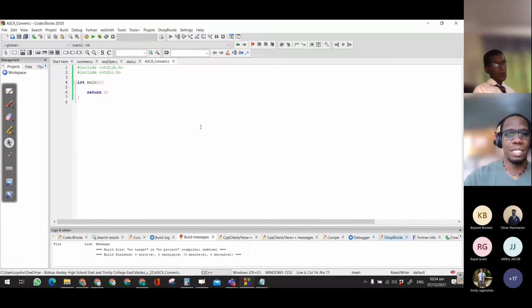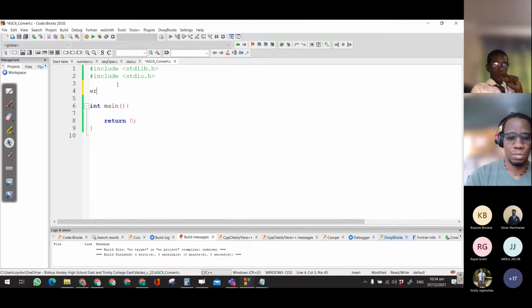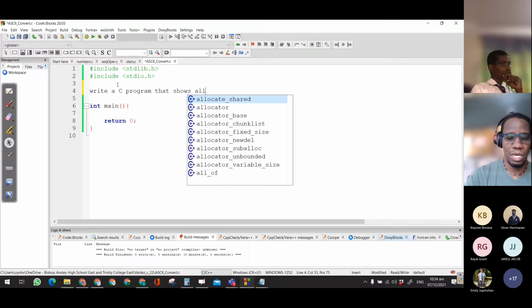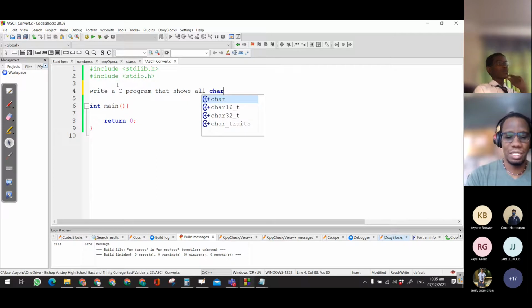Let's say, for instance, we want to write a C program that shows all characters and their ASCII